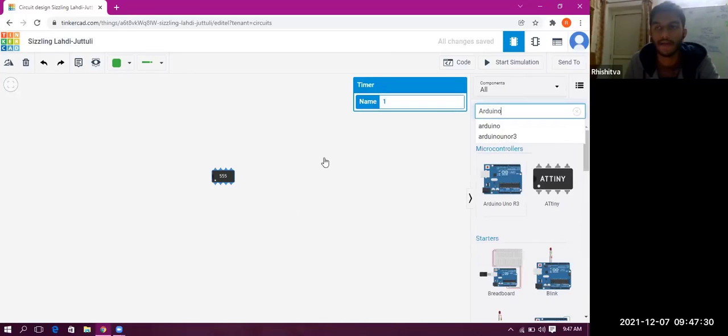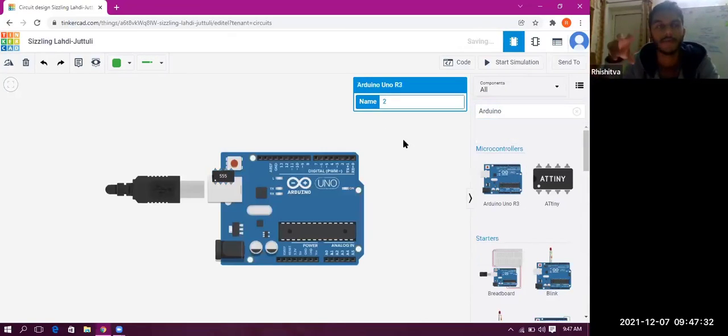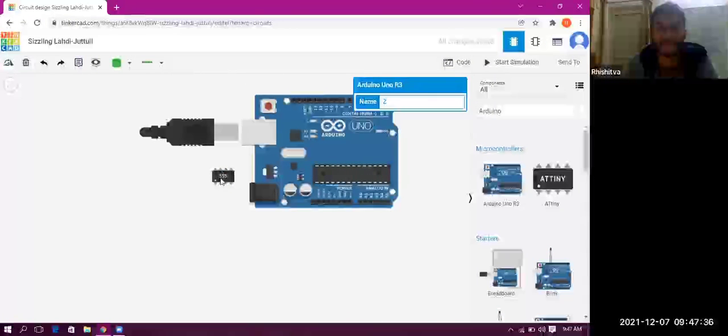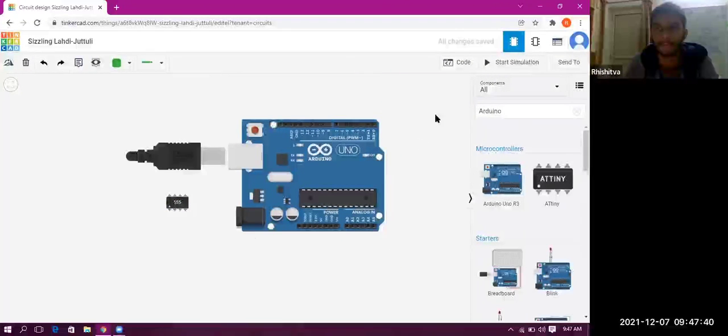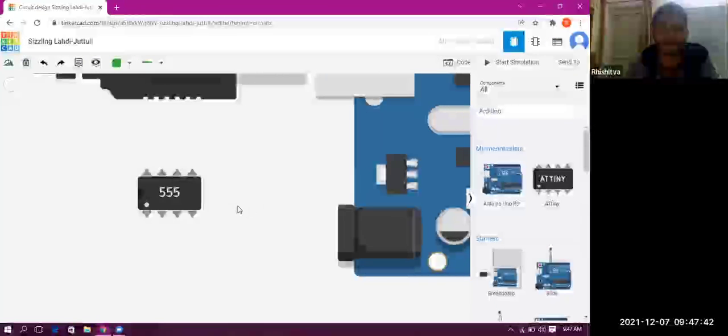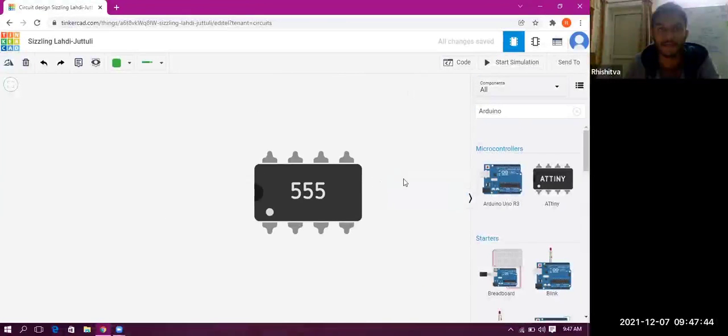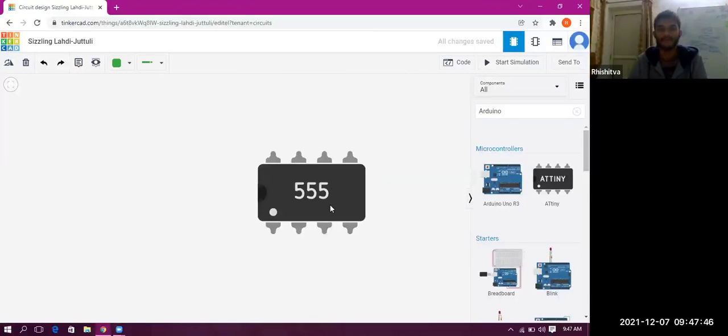Just to show you how, as I said, ICs are generally smaller than a microcontroller. I will show you where the IC is on this Arduino. First, we'll see this IC. This is how an IC 555 timer looks. It has 4 terminals on one side and 4 on the other side. There is a white spot to tell us from where the naming of the IC will start.